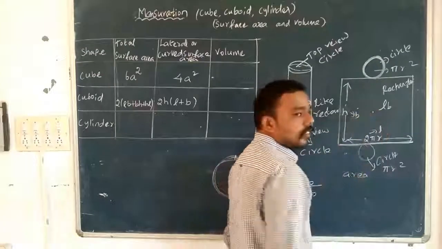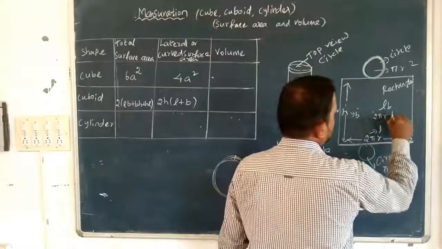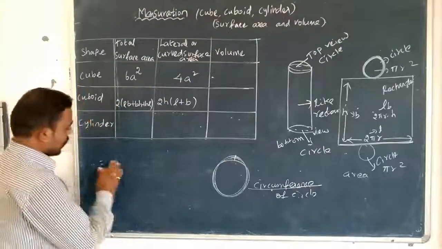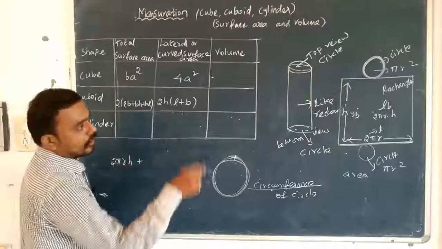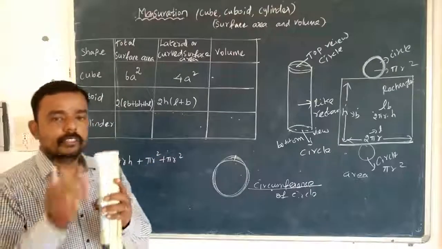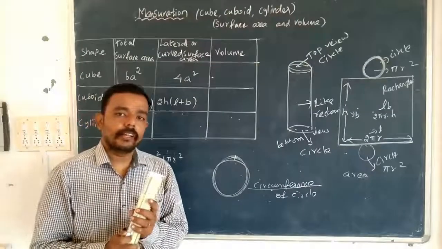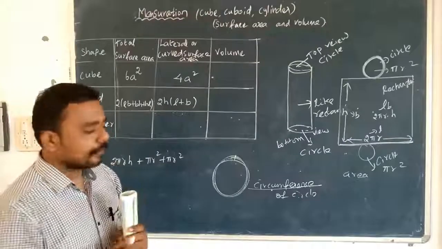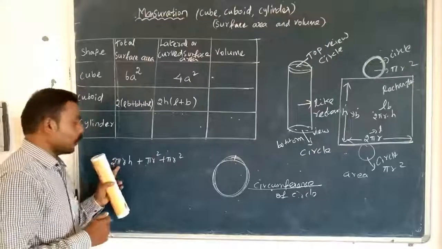Now the area of the cylinder's curved part is 2 pi r into h. Right. So now we need to analyze this. 2 pi r into h plus the bottom and top views are circles, so pi r square plus pi r square. So 1, 2, 3: totally 3 areas, like a cuboid. Here, the bending side has pi. So here this curved shape is 2 pi r h.